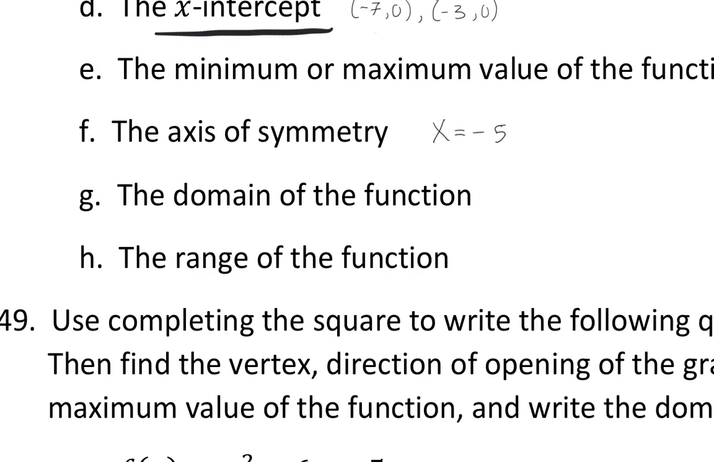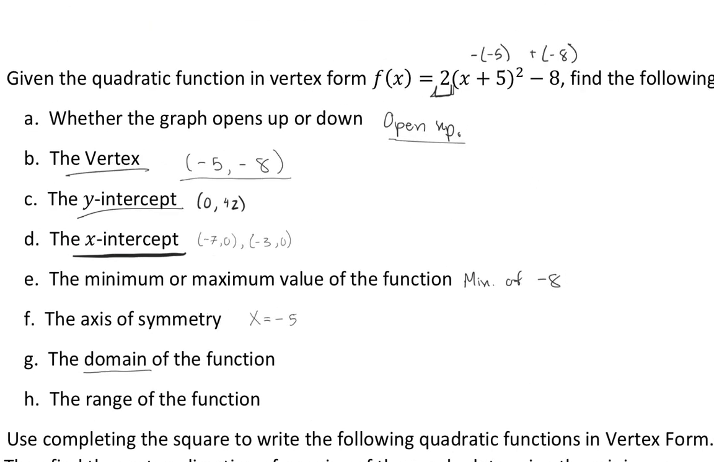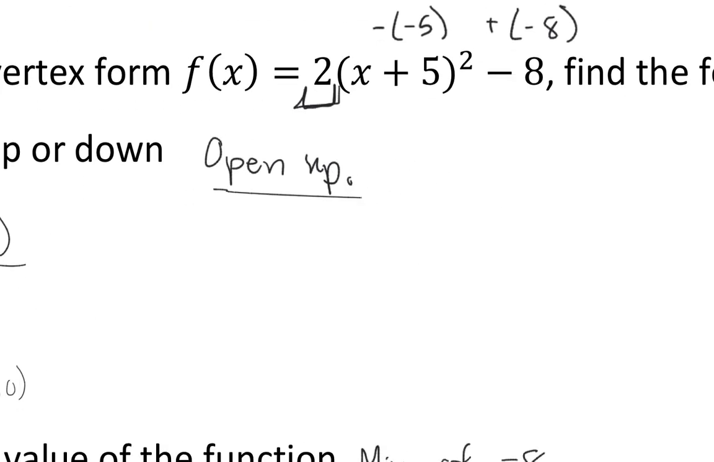Moving on to G, we want to know the domain of the function. Now the domain has to do with what inputs are legal for a function. So looking back at the function here, there's not really any point where that's going to break, right? Because we don't have any square roots that we're taking. We don't have any logs. We don't have any